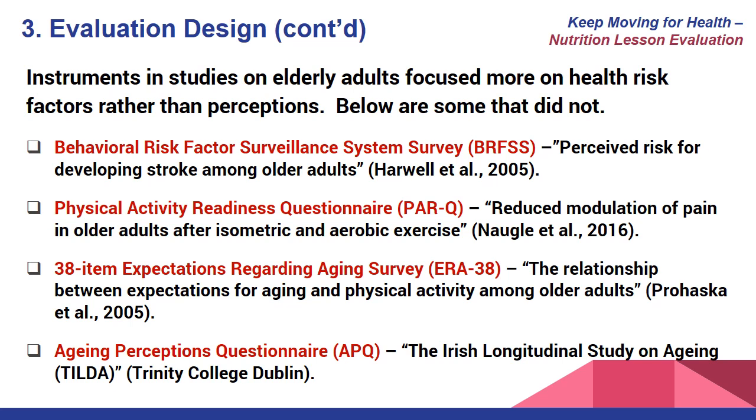And all these surveys, sometimes they have abbreviated versions of themselves. So there is an ERA-12 that is a shorter version of the ERA-38. And the questions basically vary by domain and whether they are questions that are positive or negative worded, and how they build up to those questions within the survey. So you can have a lot of questions or you can have fewer questions depending on the application of the survey. Finally, the Aging Perceptions Questionnaire,